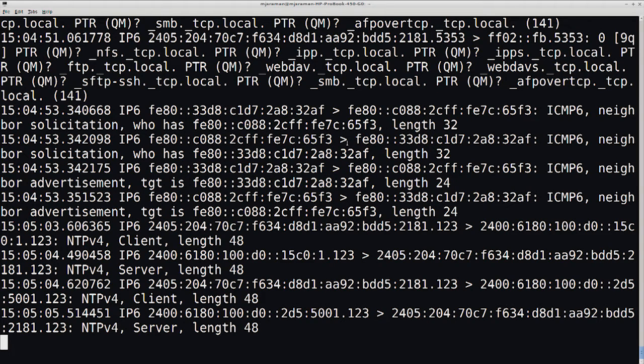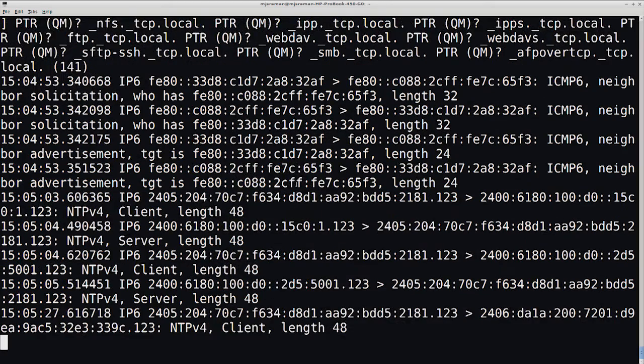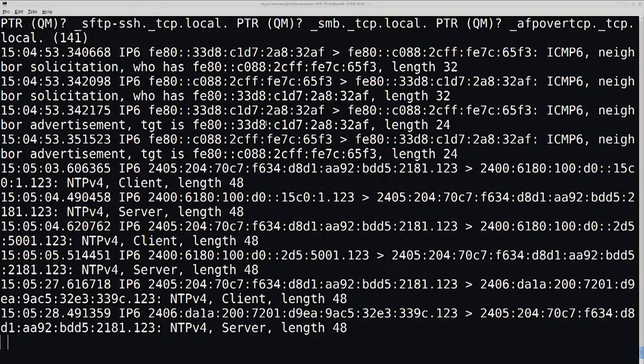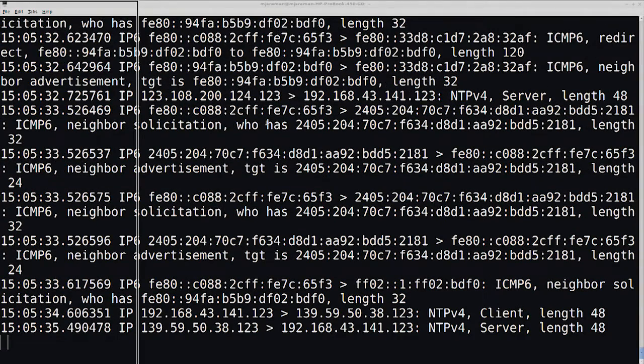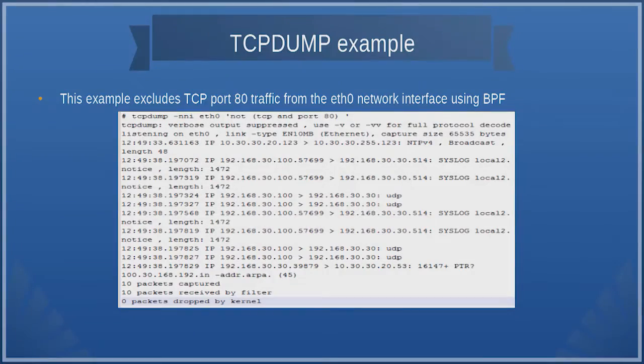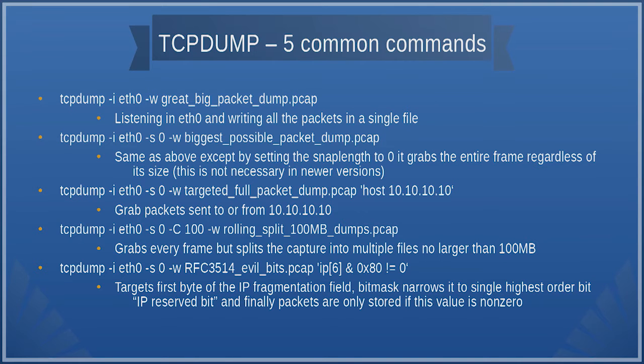So, this is one way of capturing the packet, and of course, you can write it to a file. So, this TCPDUMP command has, okay, so let it be capturing the packets. This TCPDUMP command has a lot of other options. So, here are 5 command options. One of them, if you look at the fourth command,